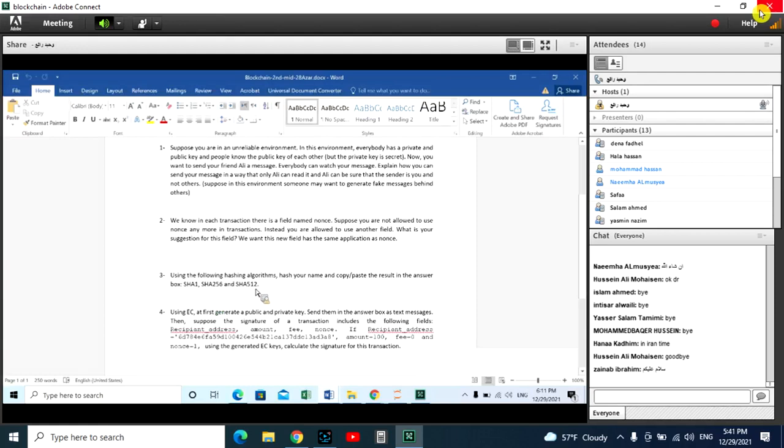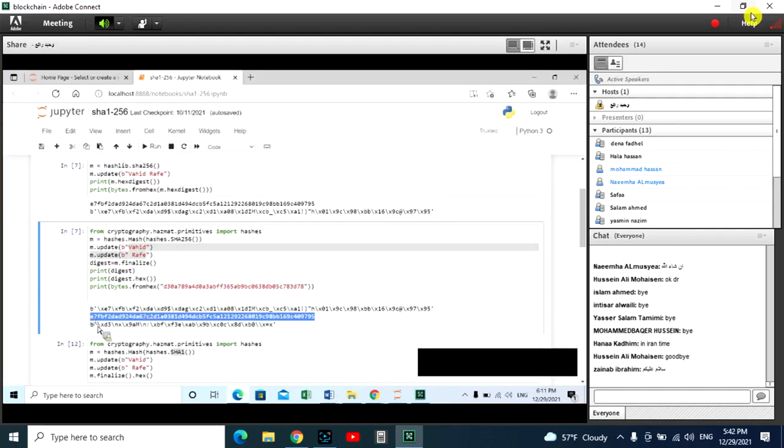SHA-1, SHA-256, and SHA-512. Simply, you can program. For example, this is my name and this is the output of SHA-256. You can change it to 512, run it again, and this is the output. Okay, so let's move to